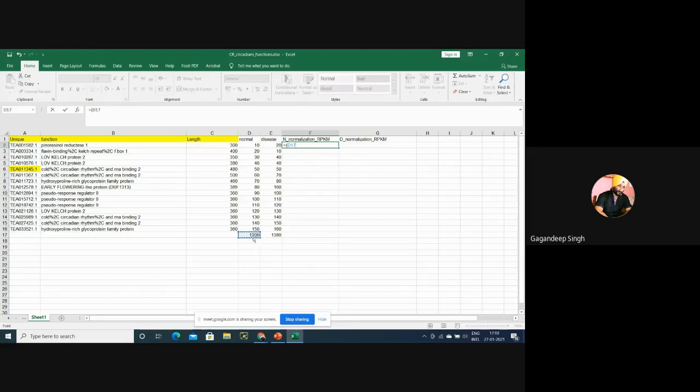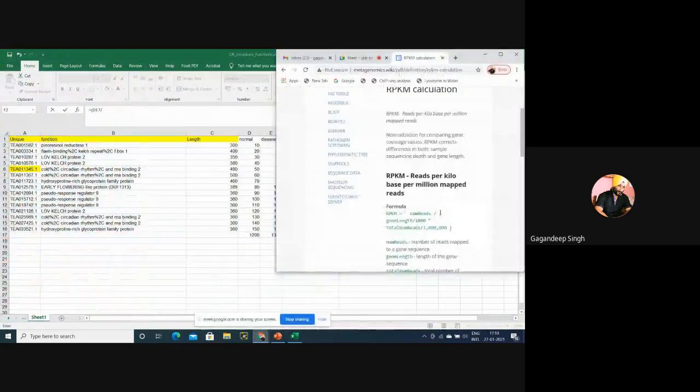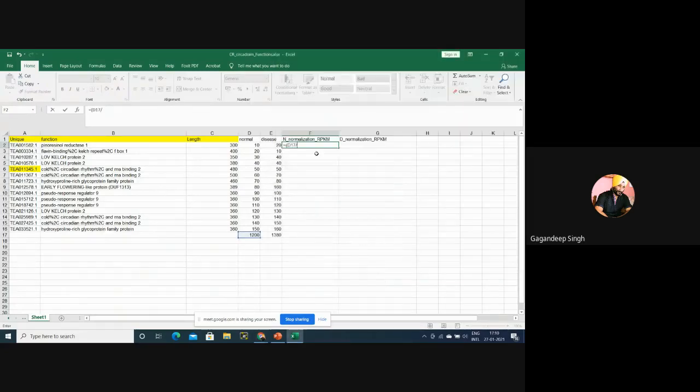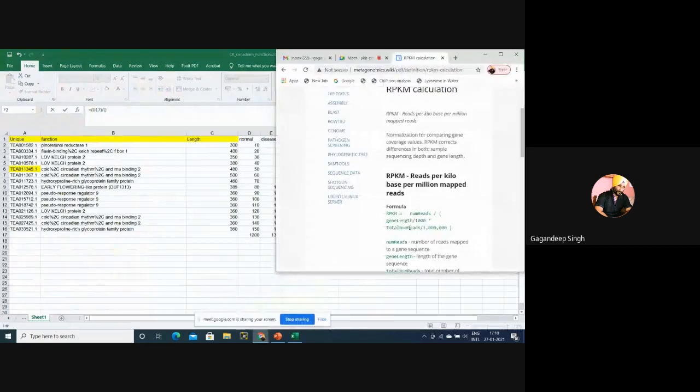1200 means I have to select this number of reads divided by, what was that formula? Gene length into 1000 divided by, first of all, number of reads, sorry, divided by gene length.